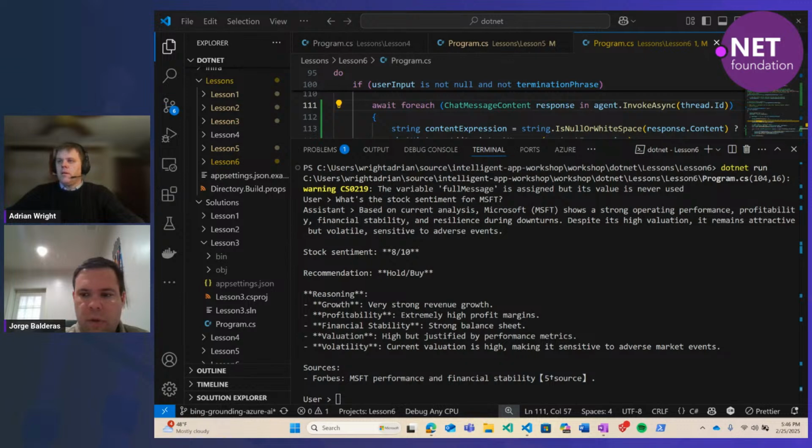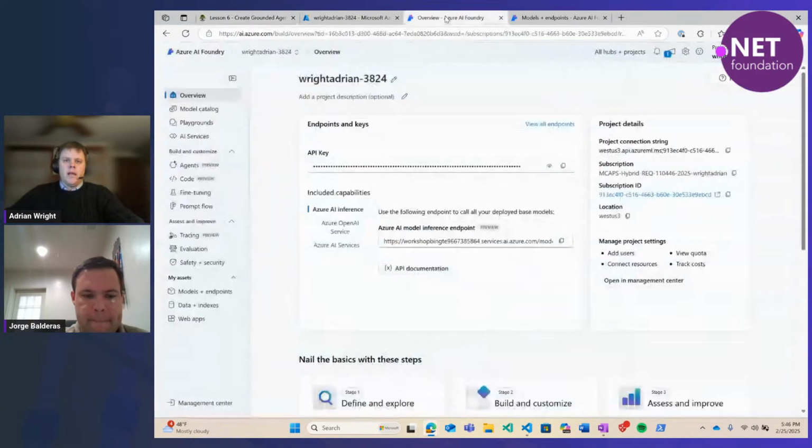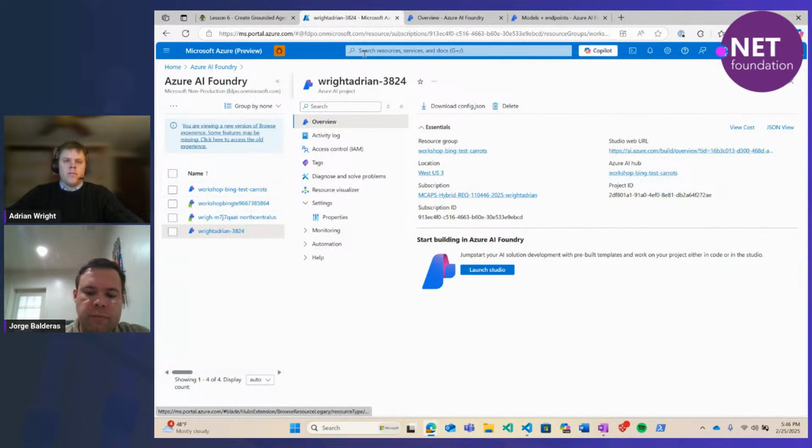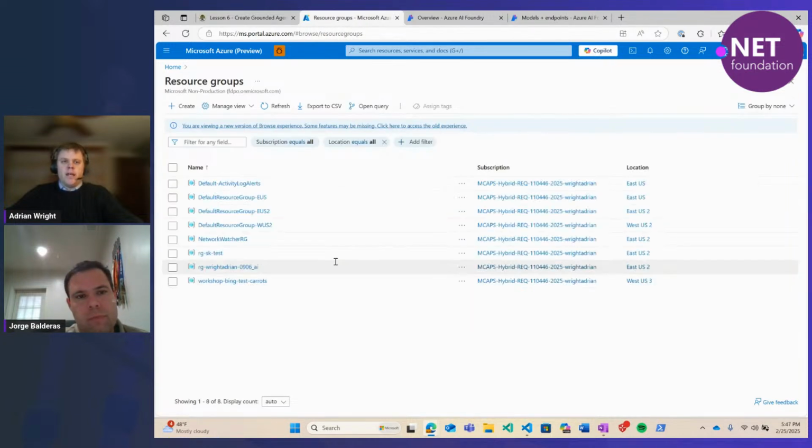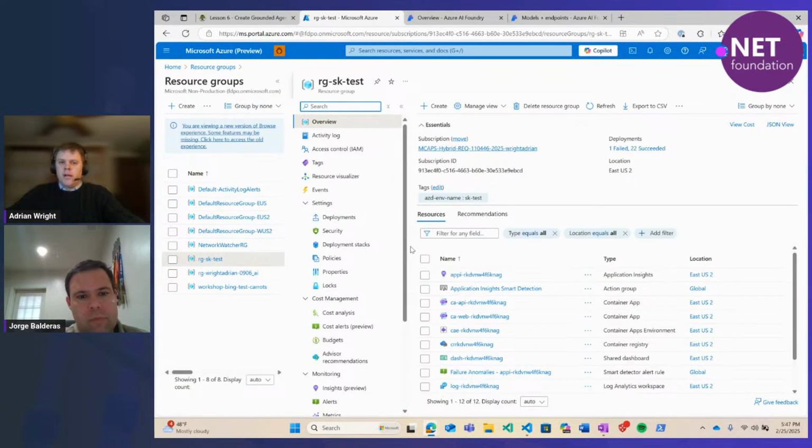Okay, thanks, Jorge. Going back to the Azure Portal, with the code that is in the repo, we have an Azure Container App with Bicep templates to deploy the resources that we need. I've run that using the Azure Developer CLI, as Jorge mentioned earlier, and that has deployed a bunch of resources. You can see there are 2 container apps here: one is a front end, and one is the back end API. We also have some other supporting services like App Insights, Container Registry, Shared Dashboard, and so on.